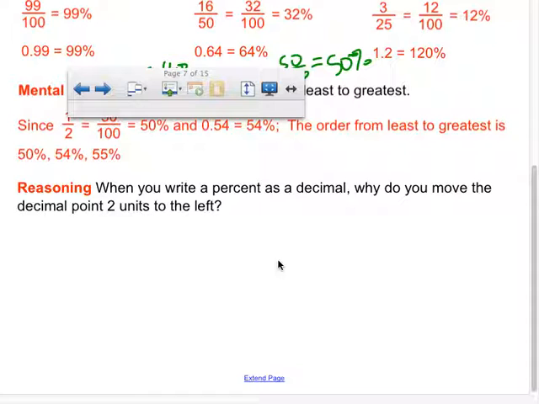Shh. When you write a decimal, or percent as a decimal, why do you move the decimal point 2 units to the left? Who can explain that? Gabby? Because there's what? Zeros from what? From a power of 10. And what is the power of 10 that we're talking about? Are we just using any power of 10? What power of 10 are we using when we're converting? Not 10. We're moving 2 places, so what power of 10 is it? Can somebody help her out? 100. It has 2 zeros, so 2 places, 100. So the answer is you're dividing by 100. It is a power